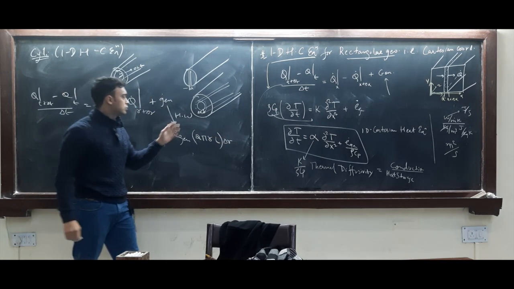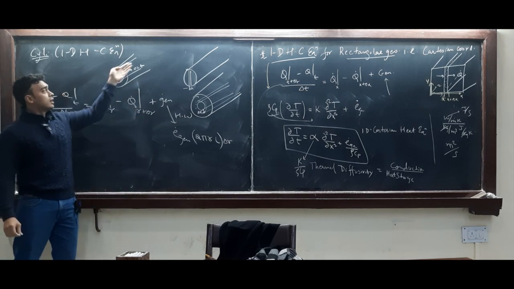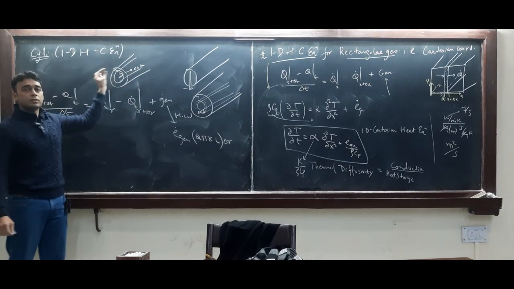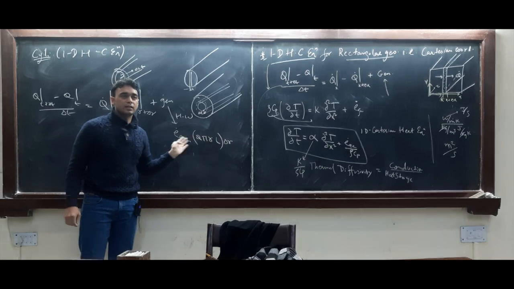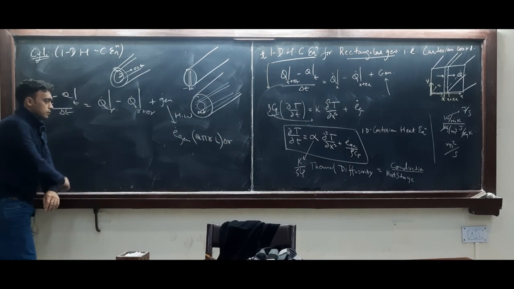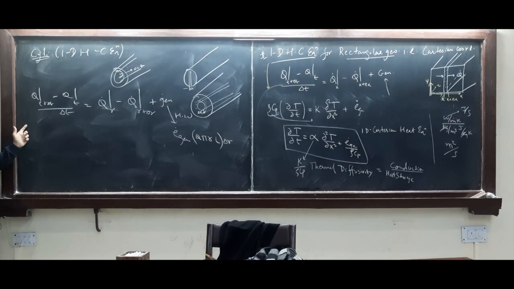A quick way to see this is that this is a shell, right? So you have 2 pi R into L and then delta R is your thickness. But you can also take an integral and show this, that at the leading order this is the volume. Okay? So now, let's do it in the